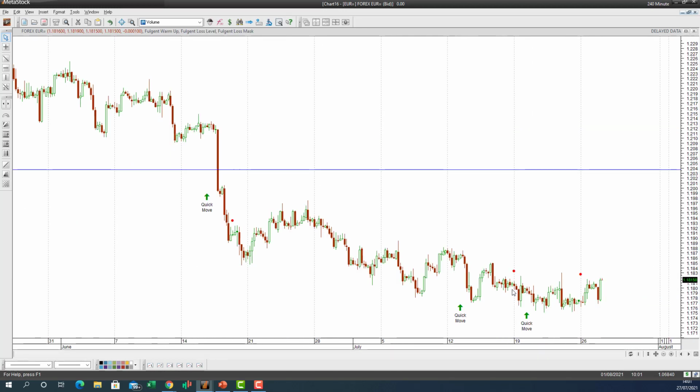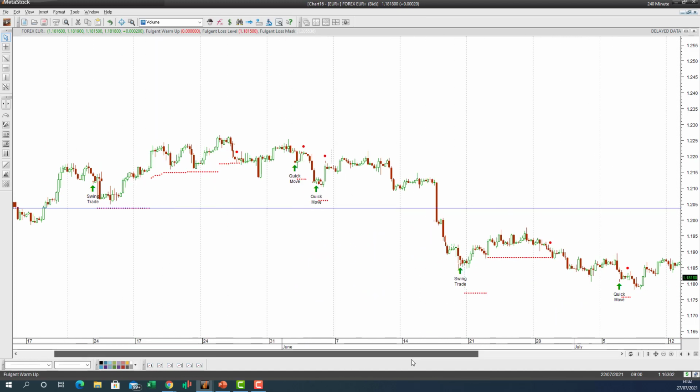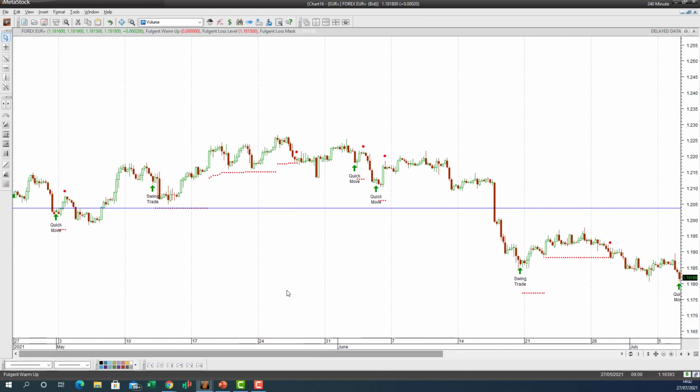And you can see the AI is loading. You can see quick moves, lots of quick moves. That one there would, oh, there we go. Quick move there, out. Swing trade there, multi-day swing trade position. And yeah, in July, quick move, and then another swing trade there. So you can see the AI does generate, on a 4-hour chart basis, quite a lot of high